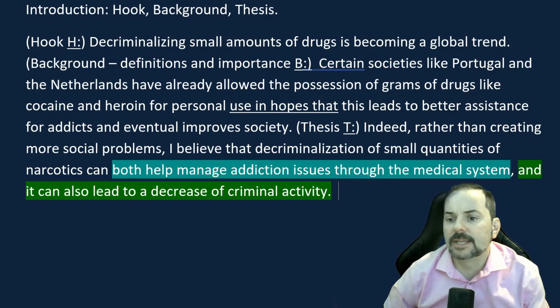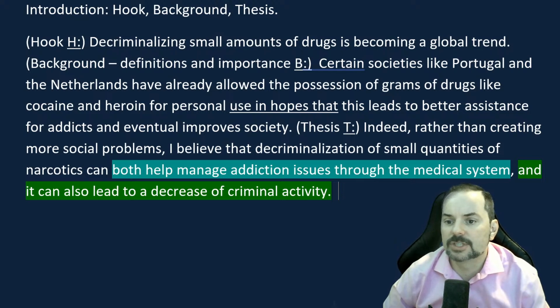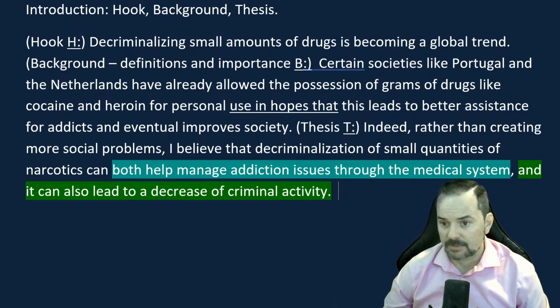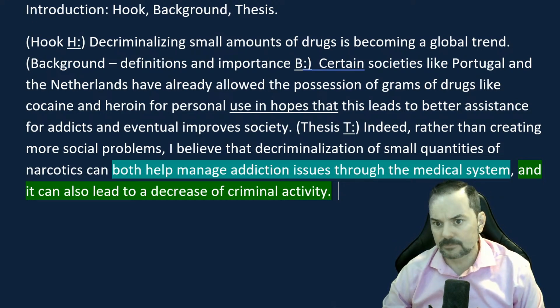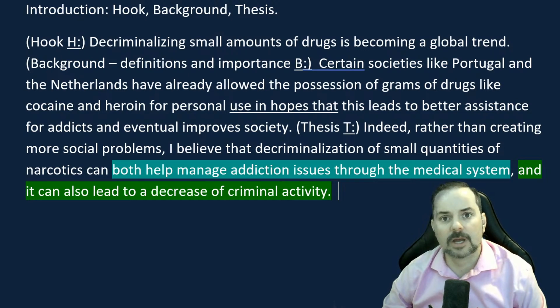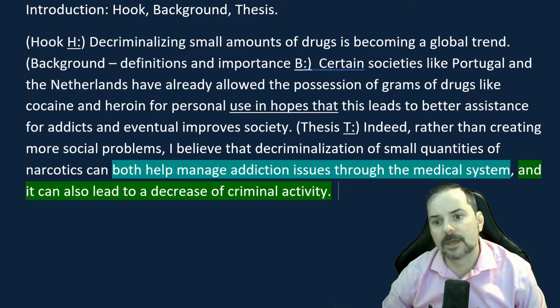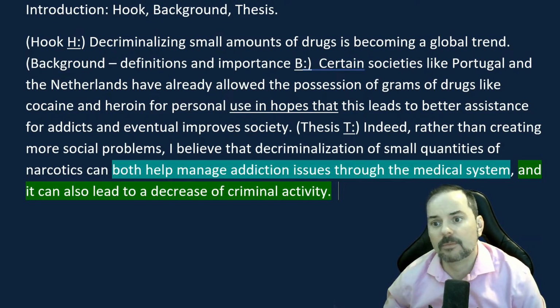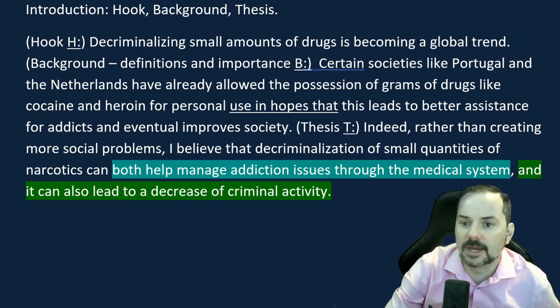Carolina, background. Canada and Uruguay allow the purchase of cannabis and marijuana. It's the same, Carolina. Don't repeat yourself. So Canada and Uruguay allow the purchase of cannabis to keep the drug out of the hands of youth and take away profits from criminals and to protect public health. Too much information, Carolina. Your background should be a bit simpler. What you're writing there, especially in the second half, because what we want to do here. So yes, I'm kind of doing the same, Carolina.